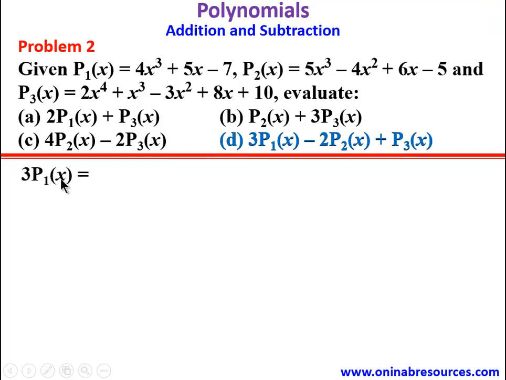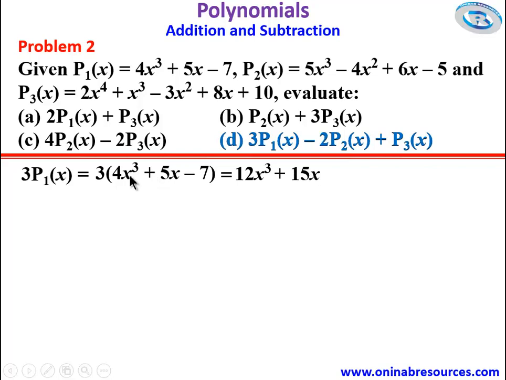So for 3P1 of x, it is going to be 3 multiplying by 4x³ plus 5x minus 7. This will give me 12x³ plus 15x minus 21. And again, I have 2P2 of x, which is going to be 2 times 5x³ minus 4x² plus 6x